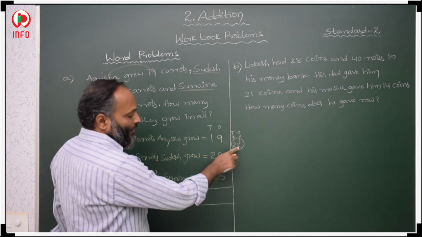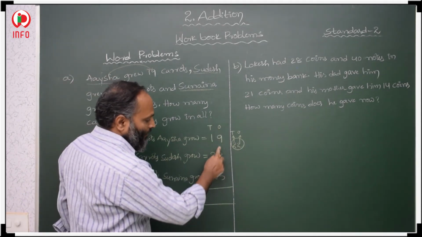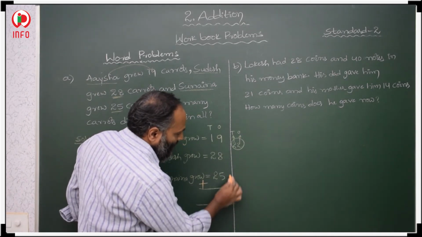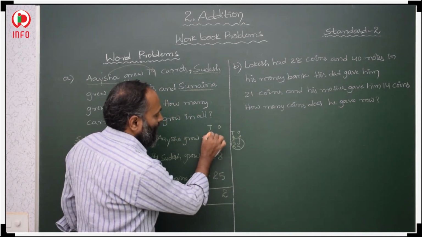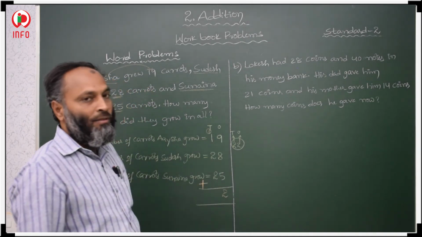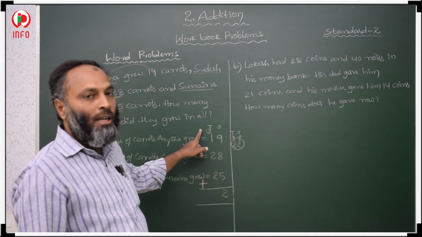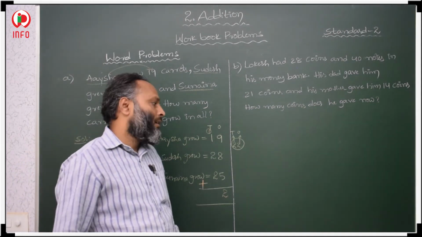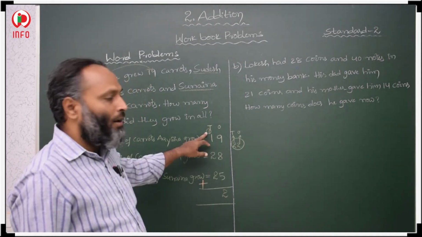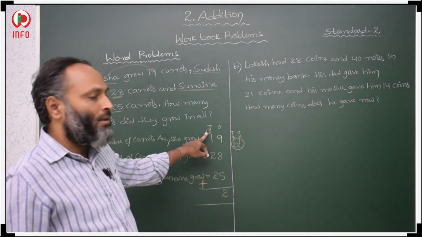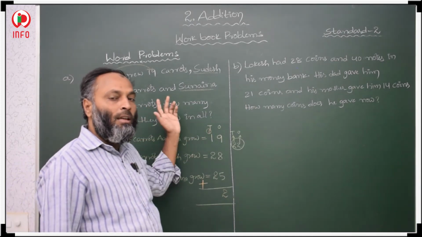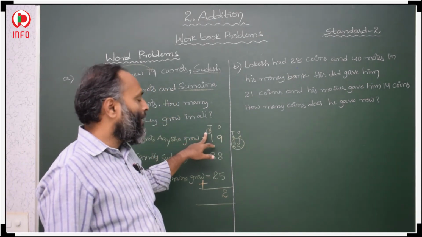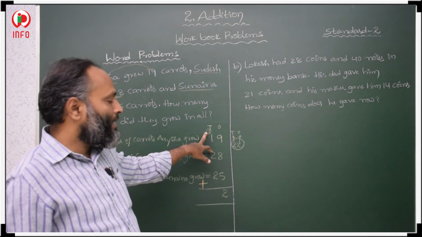So the ones place value we have to keep exactly below this ones place, and the tens place value we have to take in tens place, on top of our tens place value. Okay. So this we know how to take carry and how to take over certain place. In your next classes you will get hundreds place, but here you have only 2 digits, so it is like this.